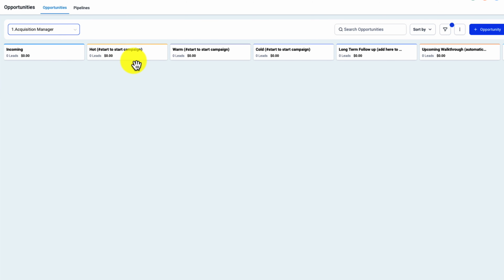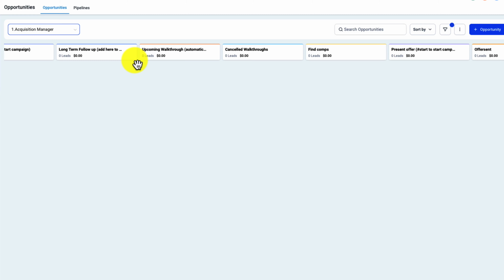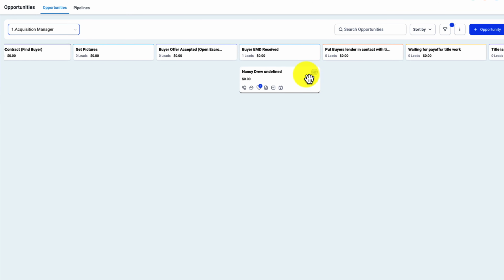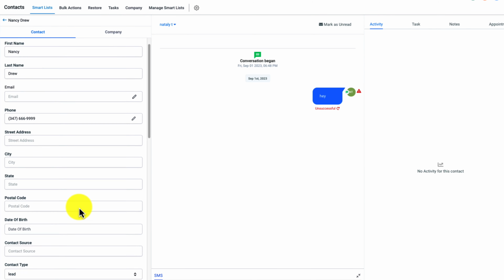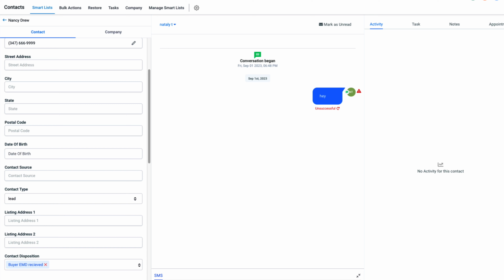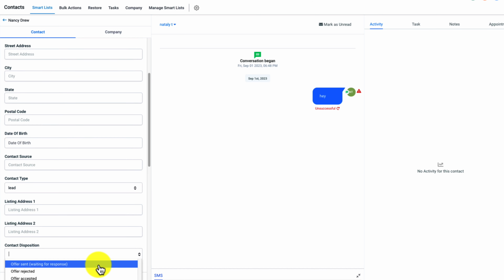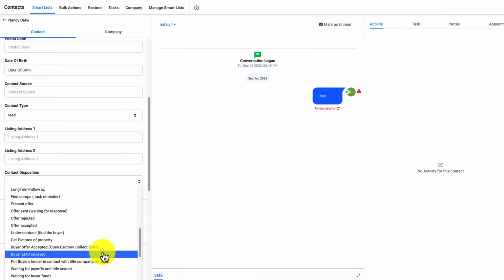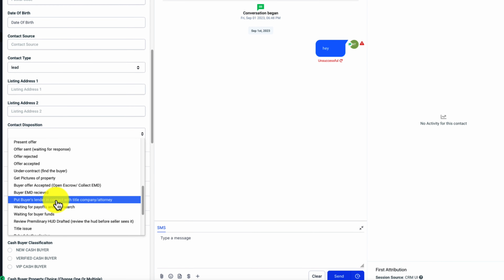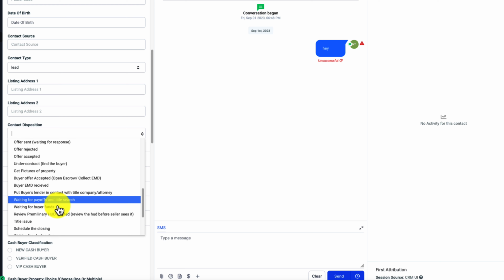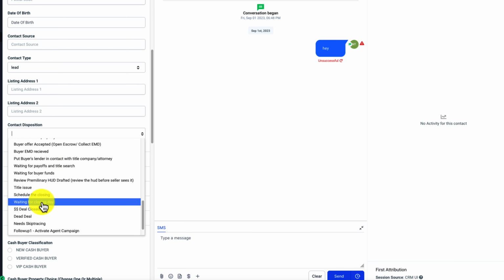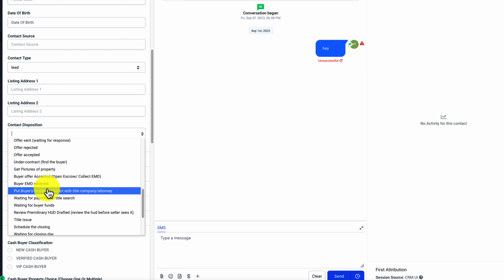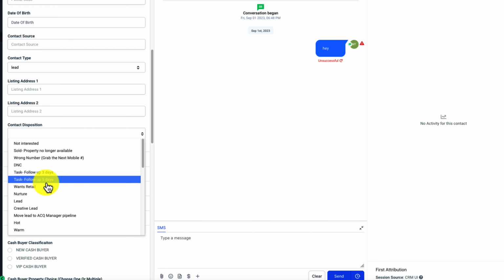Right? The acquisition manager is more for working with sellers and following up with them all the way until you actually close the deal. And you guys, like I said, create a contact and then just start playing with these buttons here so you can just get the hang of it, right? Put buyers in contact with title attorney, waiting for payoffs, waiting for buyer HUDs, review the HUD, title issue, meaning there's an issue with the title. Now you have to talk to the seller, right? And then deal close. So all these steps from the second you get a deal to when you actually close,